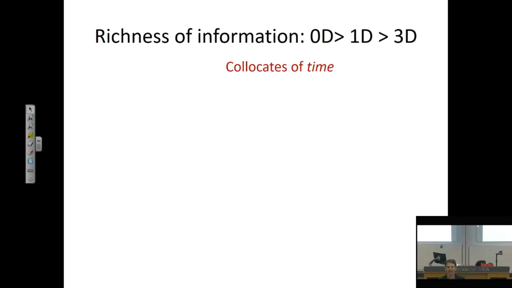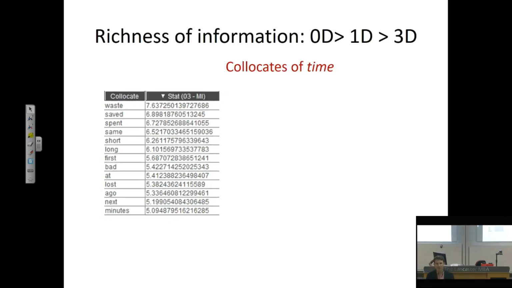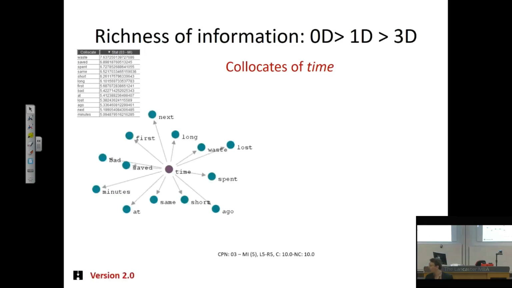this particular case. So we have the collocates of time, and in a traditional way, and there's nothing wrong with that, we would have a table, list of collocates with all the details. And this is sometimes very useful because we can actually look at the individual value of the statistic and compare them. But sometimes, if we are interested in the relationships in language and discourse, we might like to visualize it in a slightly different way, such as a collocation graph or a collocation network, and we'll have a session on collocation graphs and collocation networks later on.